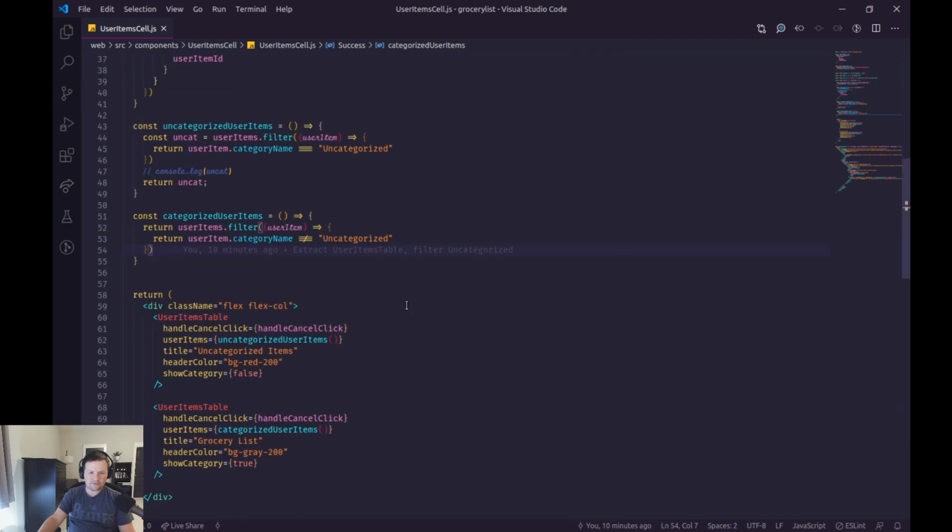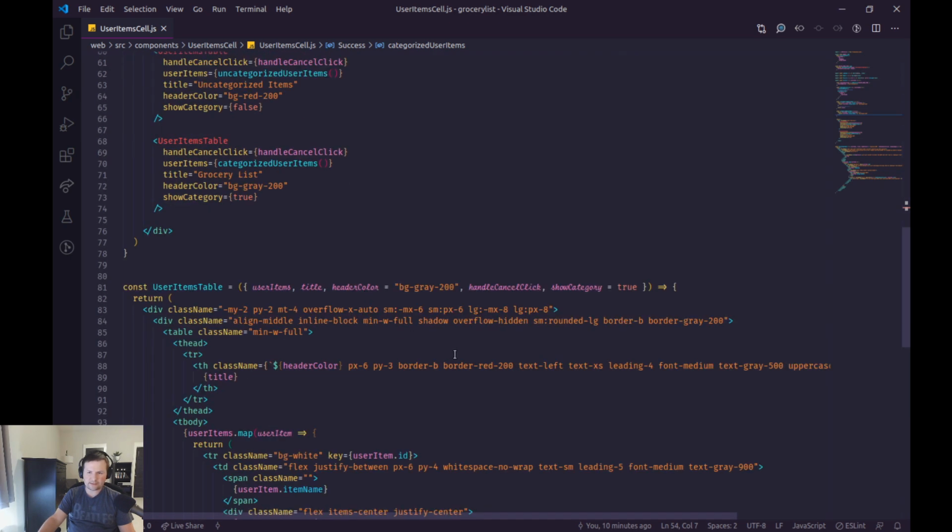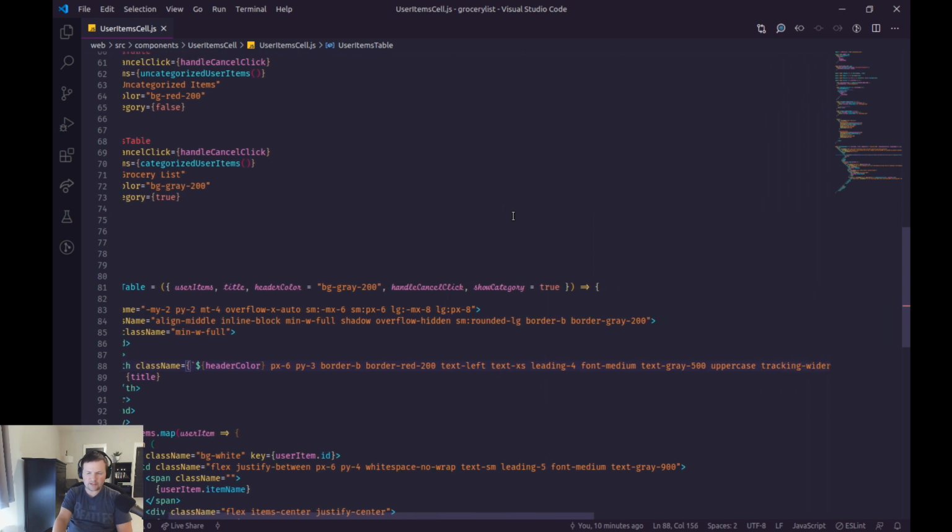Look at all of these classes on my table header. So yeah, this is pretty expressive, but CSS is faster at rendering than JavaScript is, and